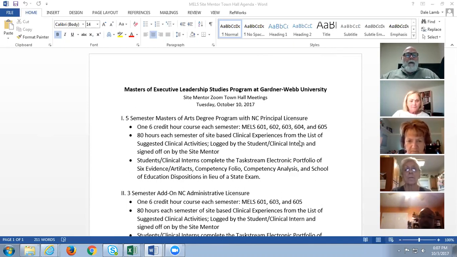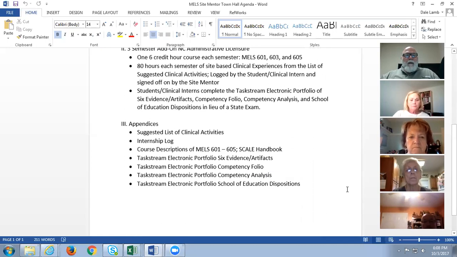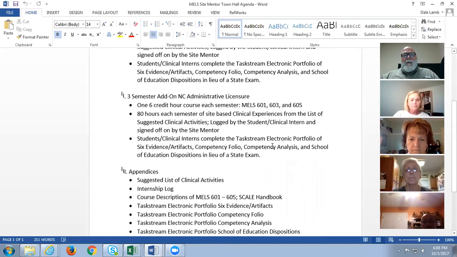So here is the agenda on your screen. I've got the report that I'm going to cover with them, the difference from the 5-semester and the 3-semester add-on. I'm going to cover that. The appendices, the course descriptions. So that's when I'm going to